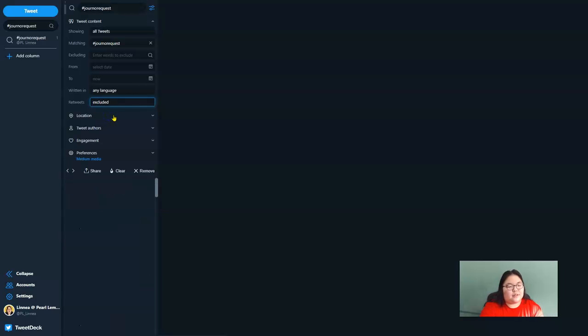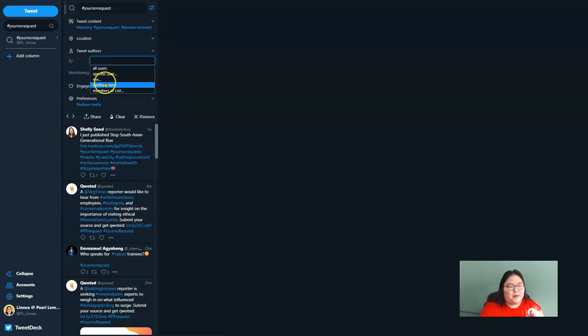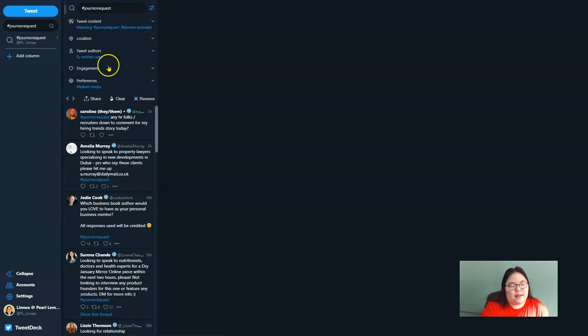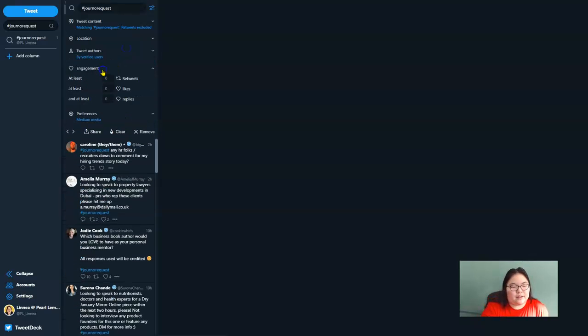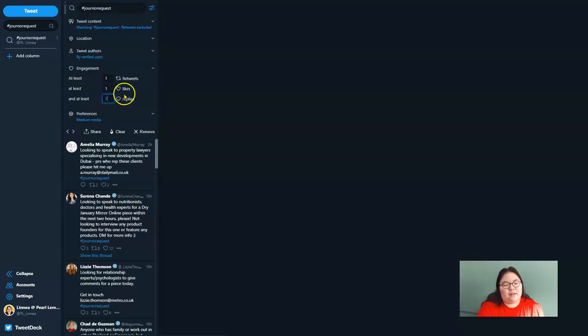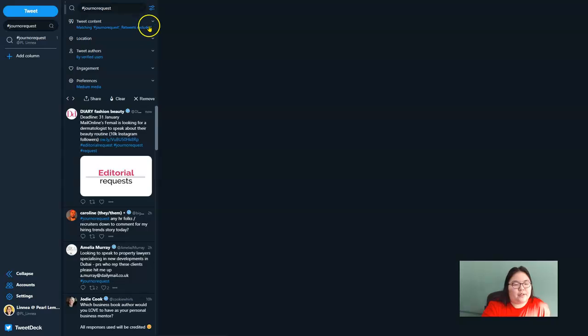So first of all, we're going to exclude retweets, and we're also going to set the tweet author and make sure that all of ours are coming from verified users. You can tweak these settings however you want, but that's how I like to do it. And then even further, if you want to sort them even more, you can sort through the engagement rate by adding or subtracting data, so that only certain things pop up for you, whatever is best for you.